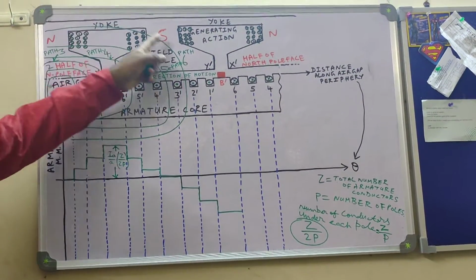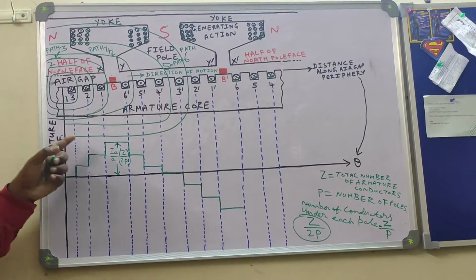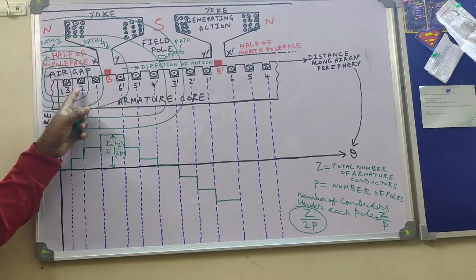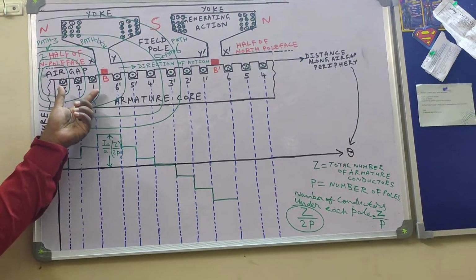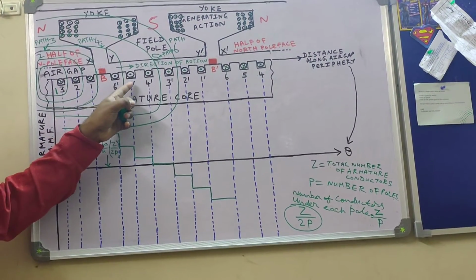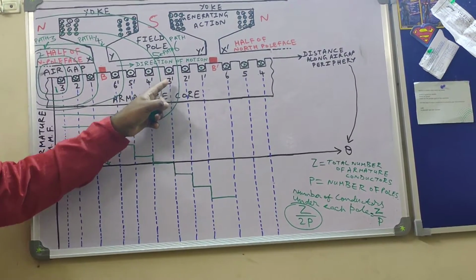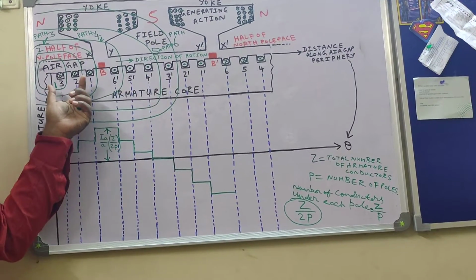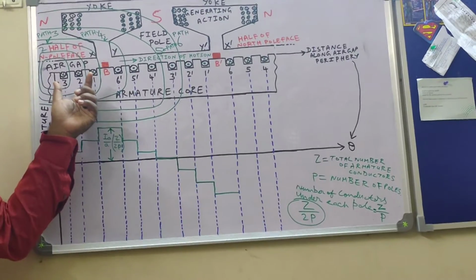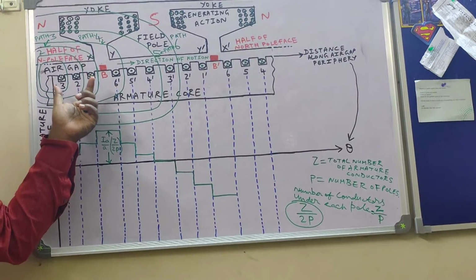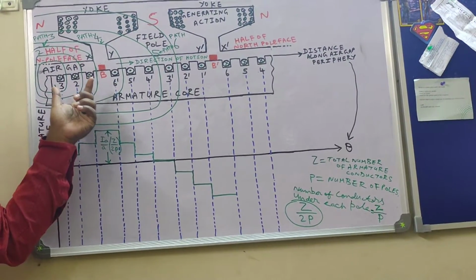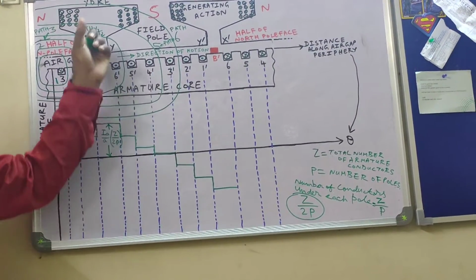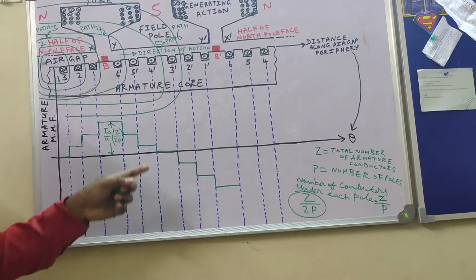So in path number 6, what do you see? That there are 7 slots. What are the slots? 7, 3, 2, 1, and then slot number 6 dash, 5 dash, 4 dash, 3 dash. So you see, we have 4 dot currents and 3 cross currents. As per our convention, cross current is positive and dot current is negative. So 3 cross currents but 4 dot currents in path number 6. So net is 1 dot current.